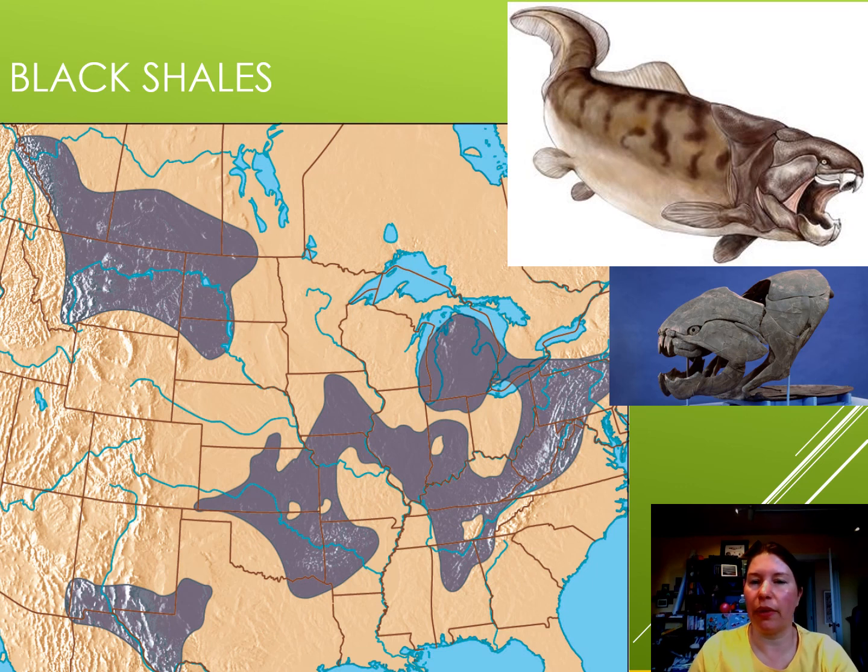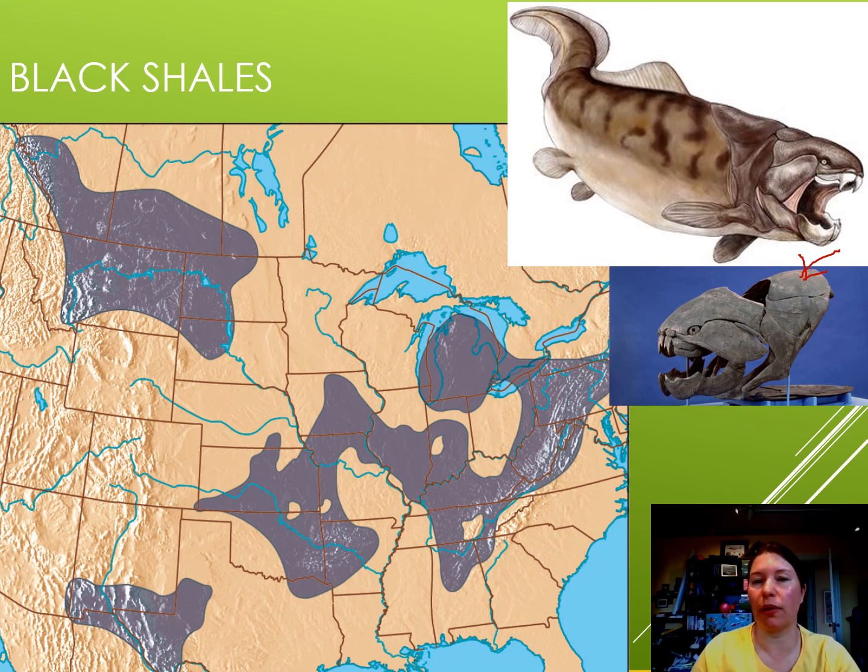So this is a drawing of what Dunkleosteus actually looked like. This is a huge fish, the biggest predator of its time. And this is a picture of the skull at the Cleveland Museum of Natural History. It's also black, the same color as the rock that it's found in. And this is pretty cool because this is a very special fish, and the Devonian period is known as